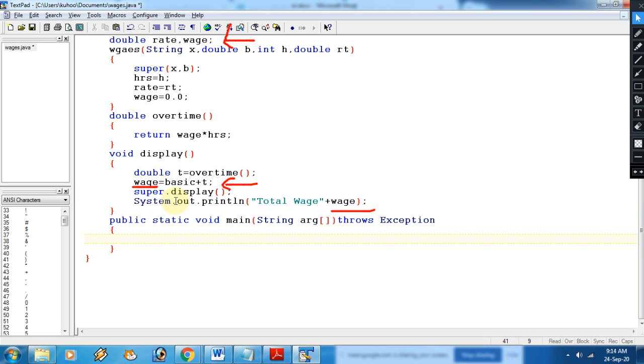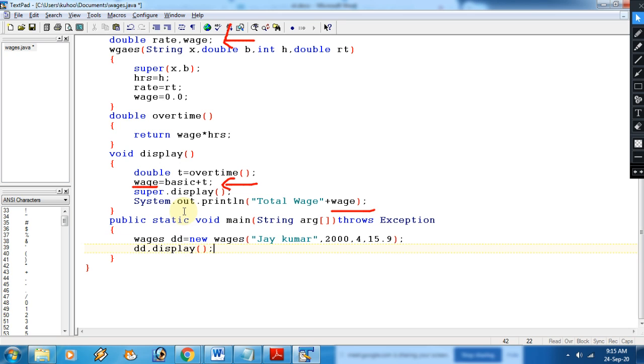So now first of all we will create the object, then we will pass the name like Ajay Kumar, then basic pay is like 2000 rupees, then number of hours worked, and the rate is 15.9 rupees per hour, right?